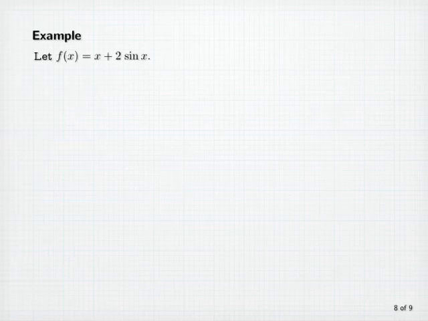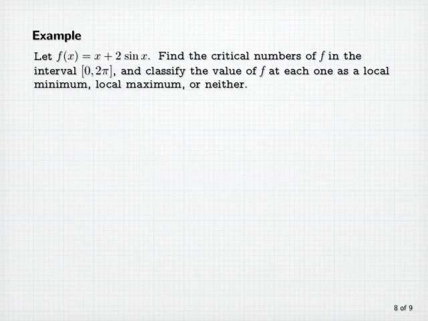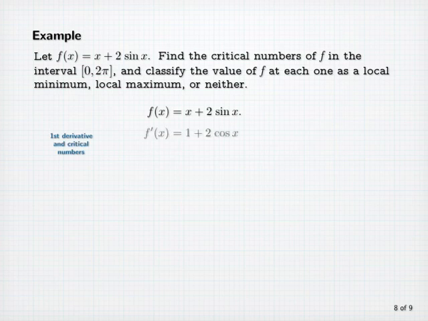Example. Let f of x equal x plus 2 times sine x. Find the critical numbers of f in the interval 0 to 2 pi and classify the value of f at each one as a local minimum, local maximum, or neither. Let's start by computing the derivative and finding the critical numbers. F prime of x is 1 plus 2 times cosine x, and that's equal to 0 when cosine x has